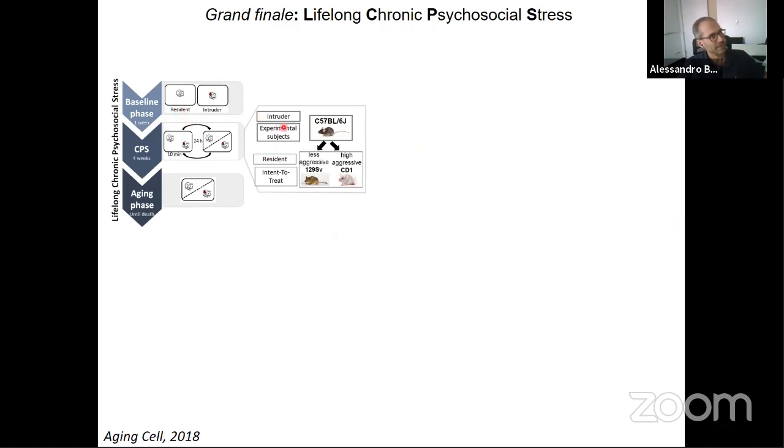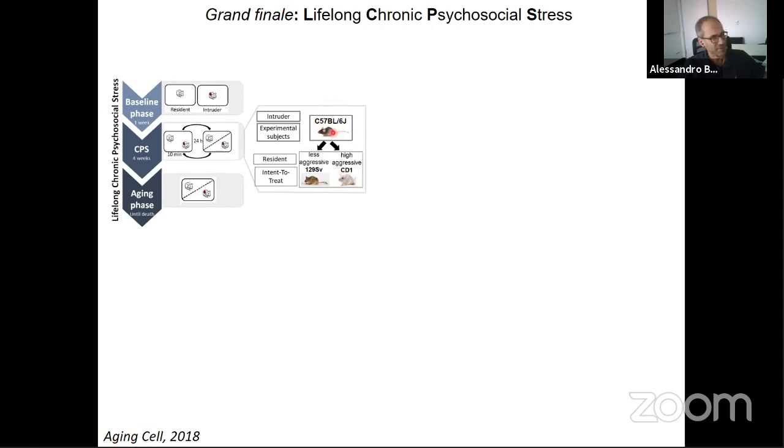We extended the study, which normally runs only a couple of weeks, to lifelong. Okay, we continue this experiment, keeping the animal in sensory contact, not the social defeat anymore. This is a very complex experimental protocol, but the data I'm going to show you right now have to do